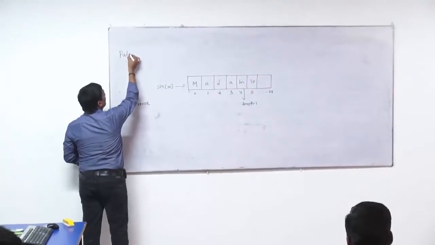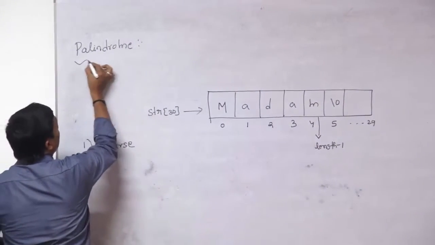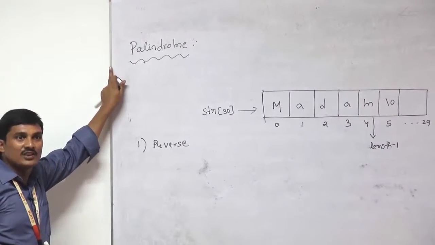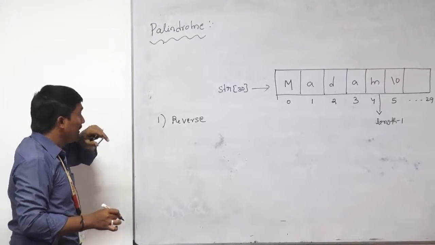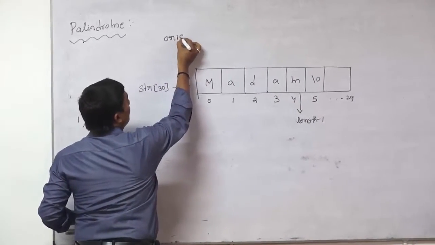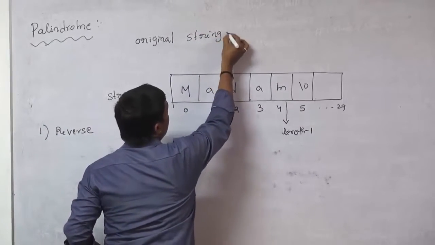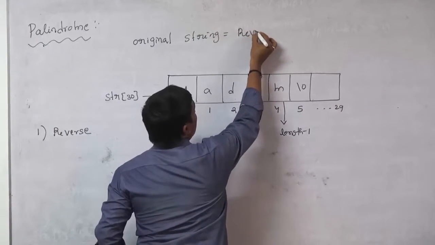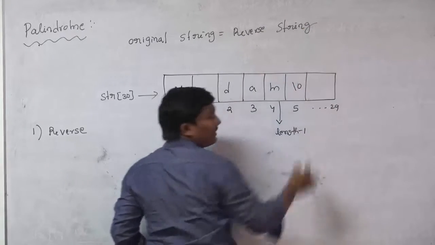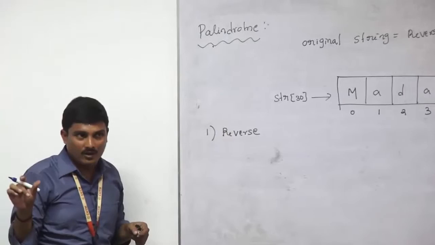Your program is string palindrome. If you want to check whether a given string is palindrome or not, already we know that. What is the rule? Original string is equal to which one? A reverse string. Original string is equal to reverse string. That is nothing but palindrome. So if you want to check a given string is palindrome or not,